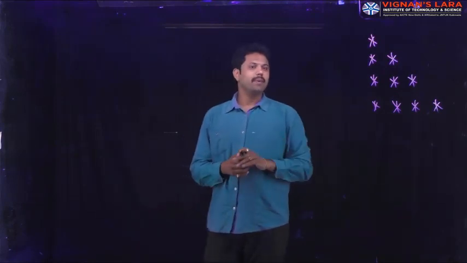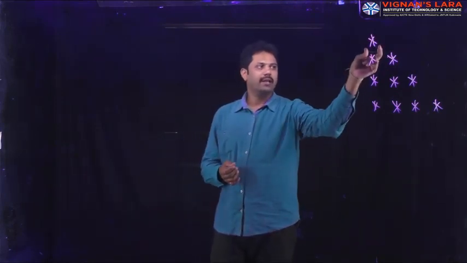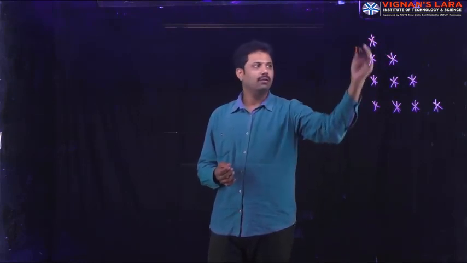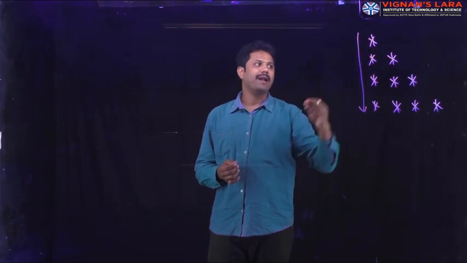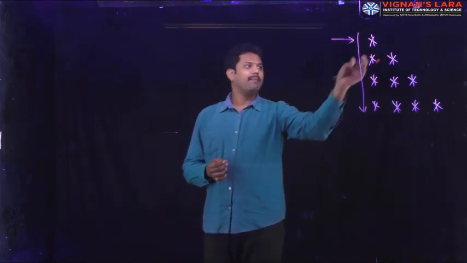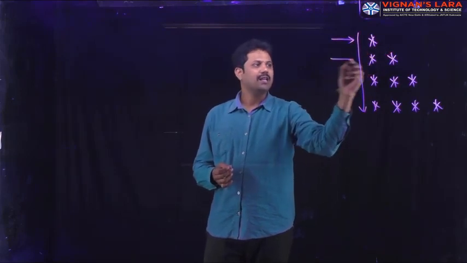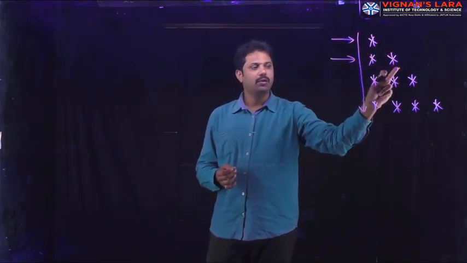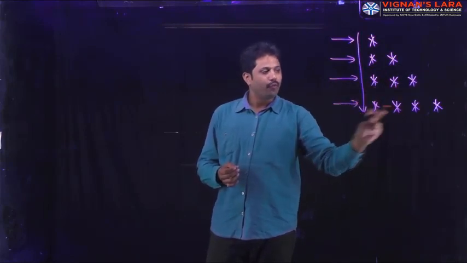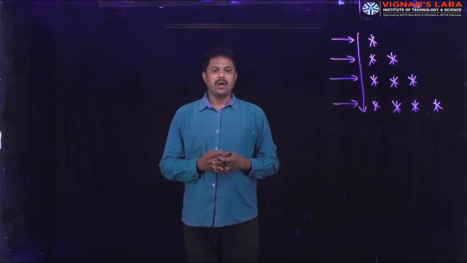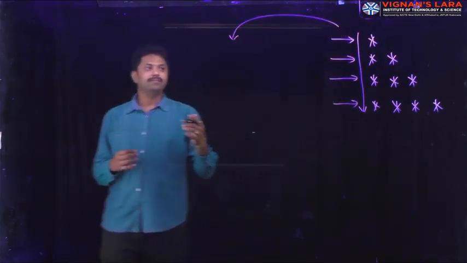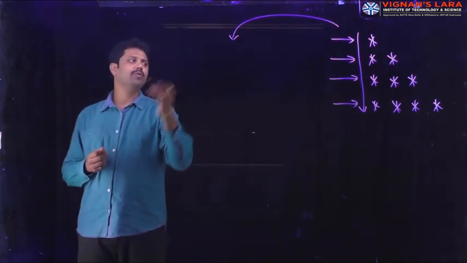Here in this example, I am taking a special symbol, the star. I'm going to print multiple stars in this pattern. For example, on the first line I'm going to print one star, on the second line two stars, on the third line 3 stars, and like that, on the fourth line 4 stars. To write this same code in Python, let us see how we are going to print.